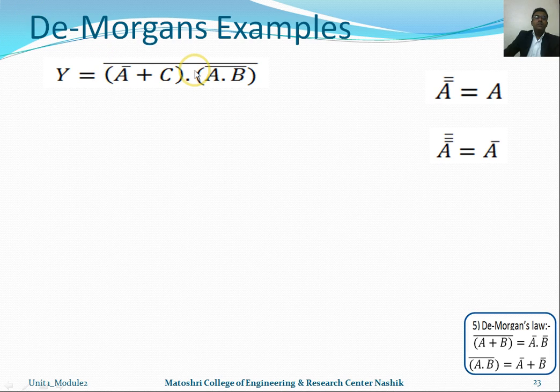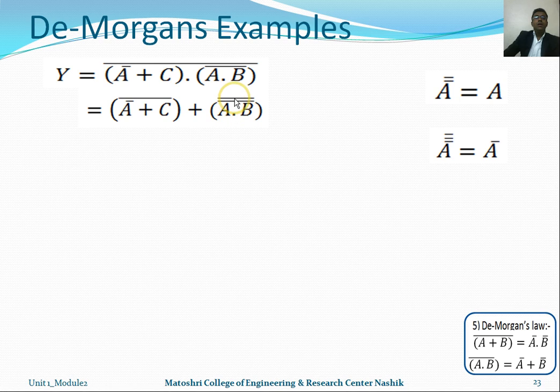Okay, so a whole complement is available in this Boolean algebra expression, and now we are applying De Morgan's theorem. It means we are breaking these whole complements and changing the logic function between these two bracketed product terms. The first bracket is a product term, and the second bracket is available. So if we break the whole complement, we get the second term as A complement OR C complement. Now the AND operation is converted into an OR operation according to De Morgan's.